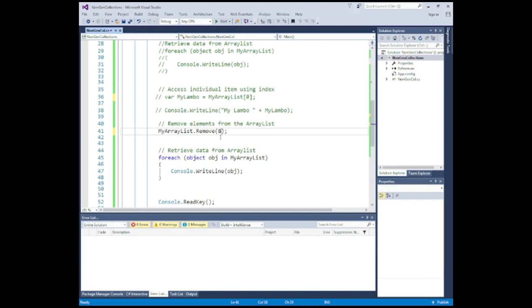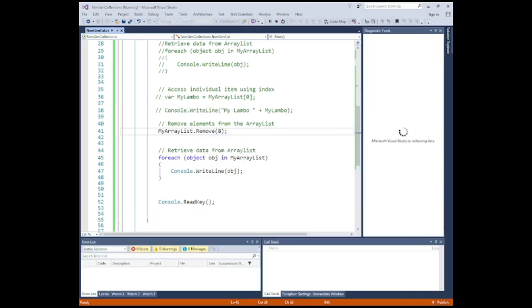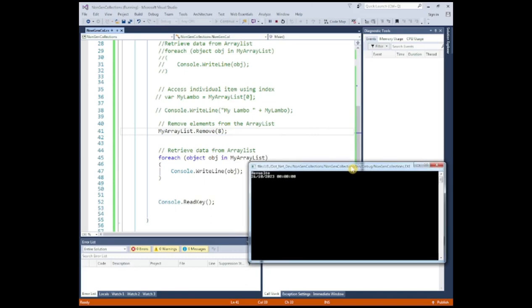Okay, let's see if this works. So this should look at the array list and try to find a value of 8. If it finds the first occurrence of the value 8, it should remove that. F5. Okay, so the only two values left in that array list are the name of the